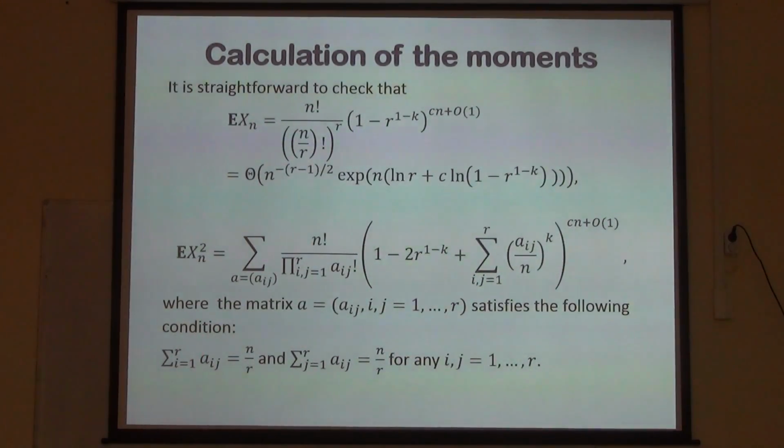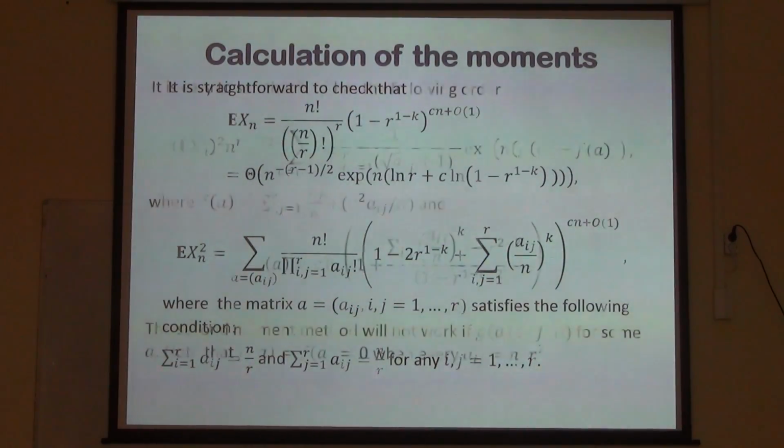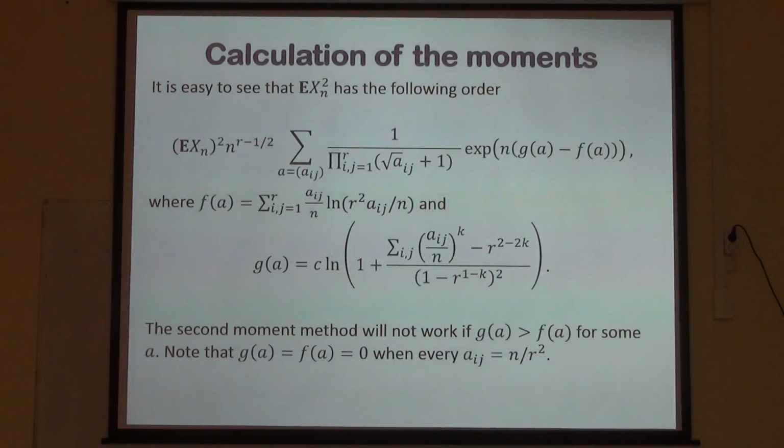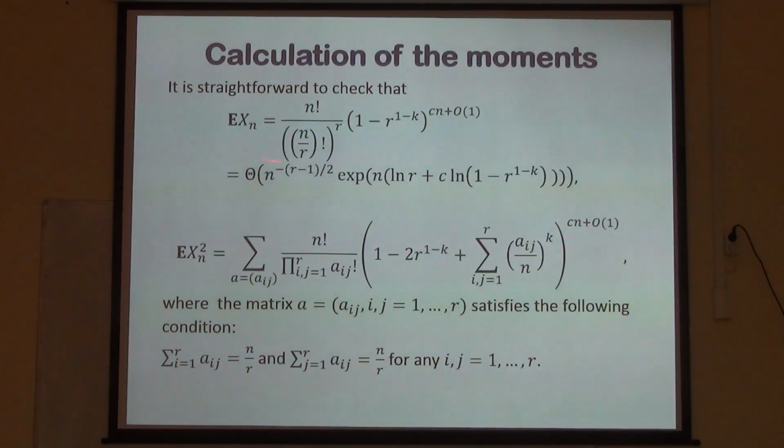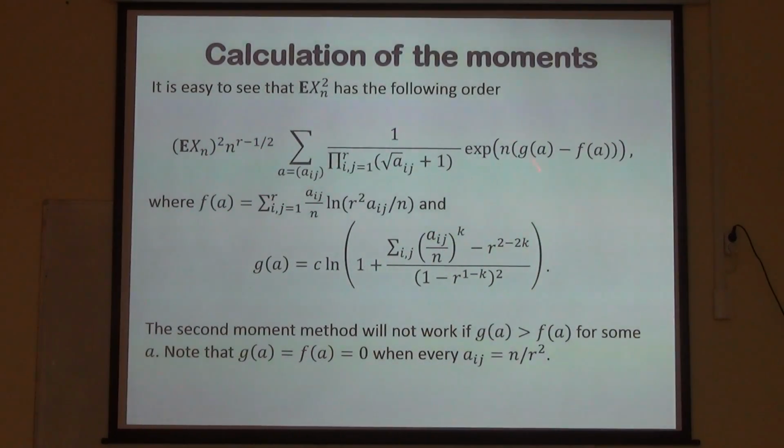So we have vertices divided into r squared parts. So these are calculations, so you consider this. The problem is that we can make some other representation. The second moment has the following order. We can make some expression which will have the same order as the first moment squared, and the remaining factor. Here there should be n to the power (r minus 1) over 2, and some expression